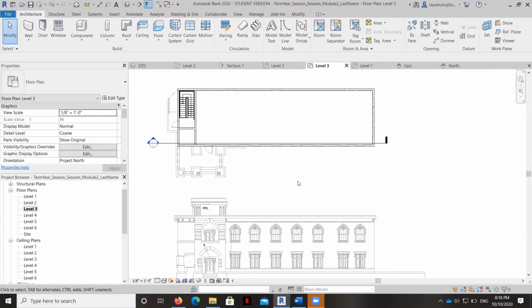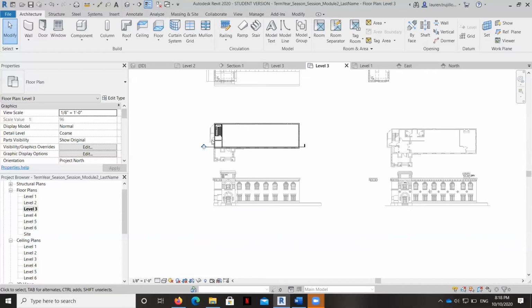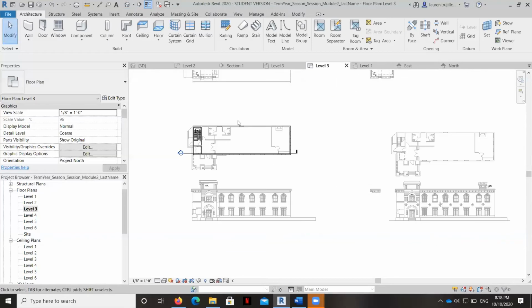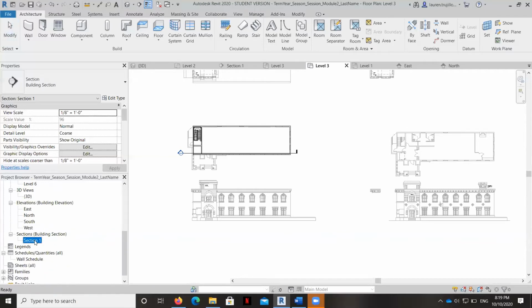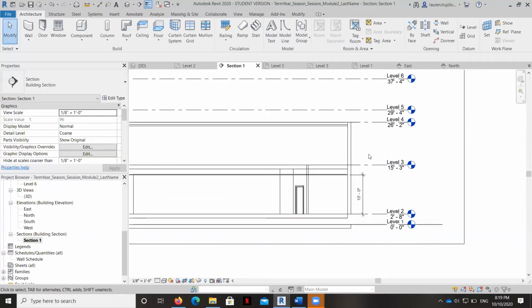So what I'm going to do first is, and again, none of this really matters a whole bunch because we're going to move these things around, but just so that you know how to do it, we want to make sure that we see the various levels here. So let's take a look at this section. So we need to figure out how high above level 3 that second floor window is going to be.